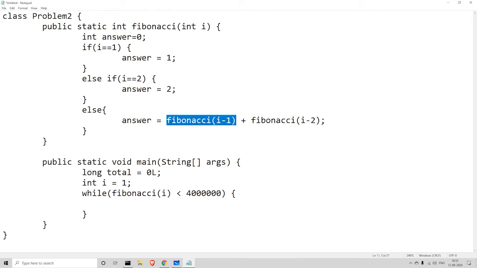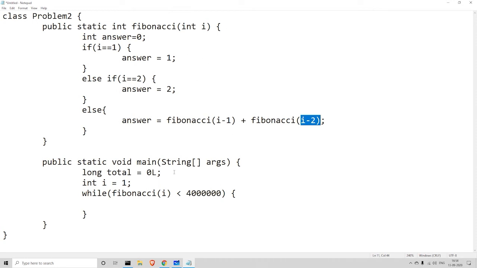So it will go here, it will check what is fib of 4. It does not satisfy these two conditions, so you go here: fib of 3 plus fib of 2. What is fib of 3? It will go here, come back here, fib of 3 is fib of 2 plus fib of 1. Now what is fib of 2? It will go there, it will check I is 1, so it should return the answer to be 1. So fib of 1 is 1. So fib of 2 is 2. So it will work in the similar way that I have explained.